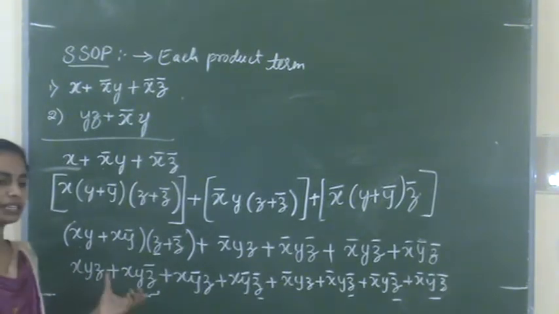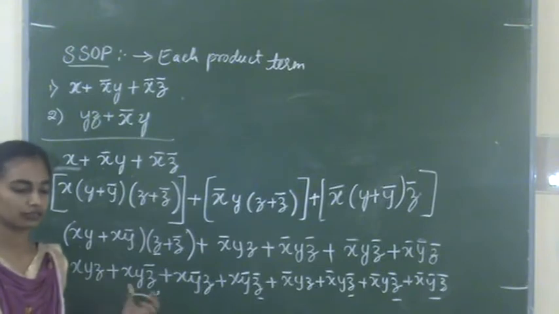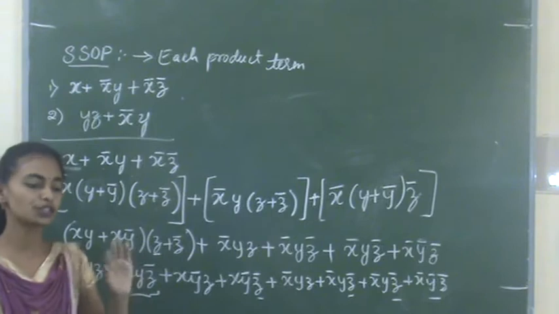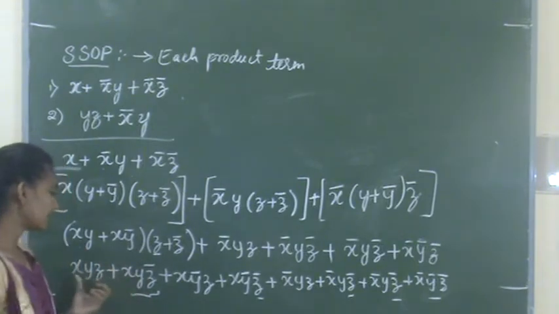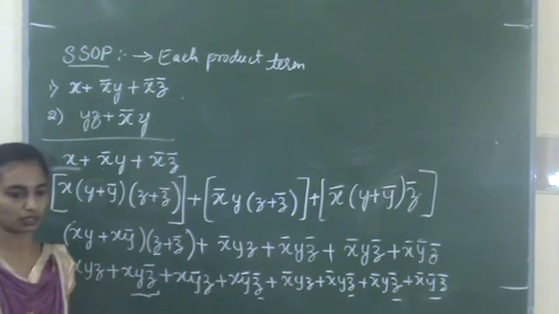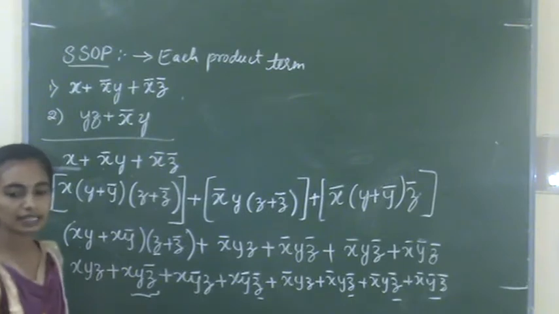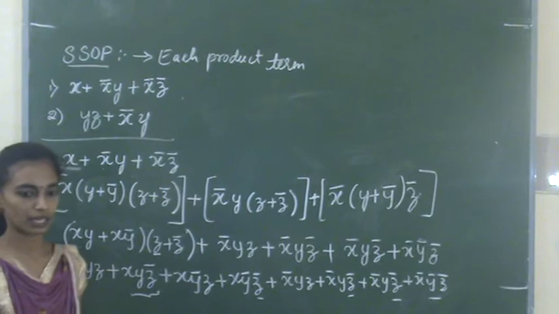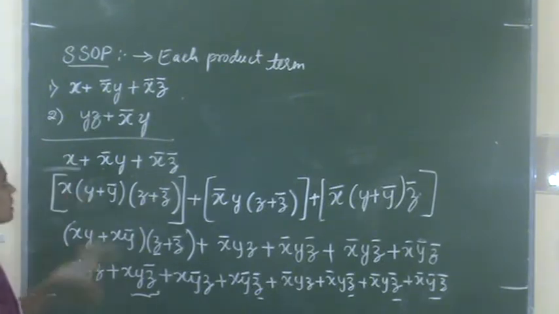Okay. So we know the laws, right? We studied the theorems or laws, right? So using those laws, we can evaluate these expressions. So in the end, we will get a simple standard SOP. Okay. So like this, we can evaluate the expression.